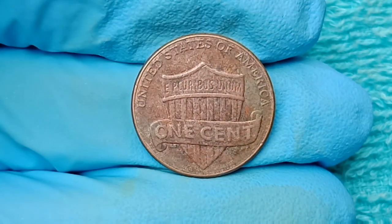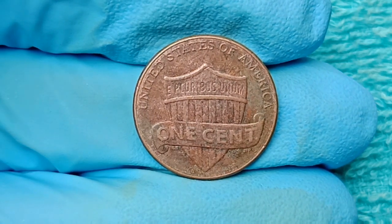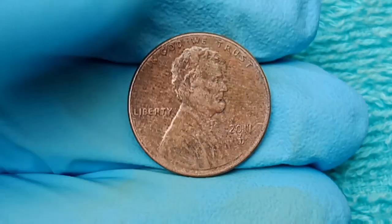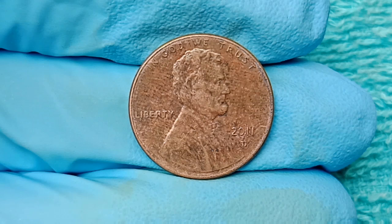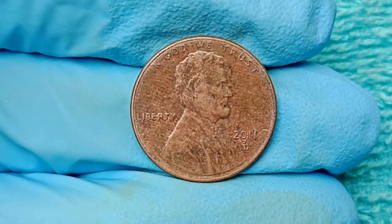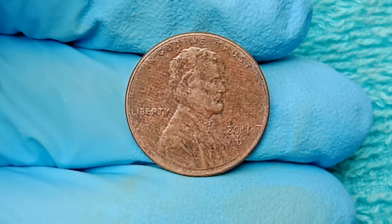And today we're going to dive into the story behind this financial phenomenon, this 1-cent marvel that has defied all logic, expectations, and economic norms to become one of the most high-profile treasures ever discovered in U.S. currency circulation. Because while billions of 1-cent coins were minted in 2011, only a tiny fraction of the Denver minted versions contain the critical and rare errors that elevate their value into the stratosphere, beginning with an extraordinary double die